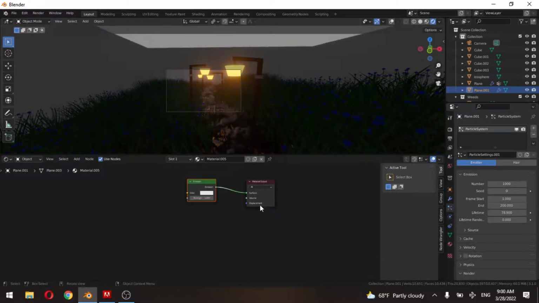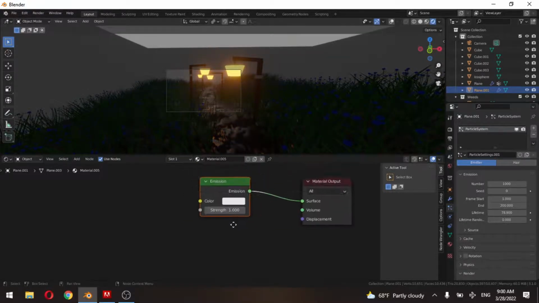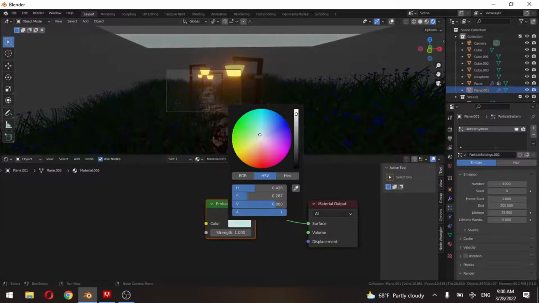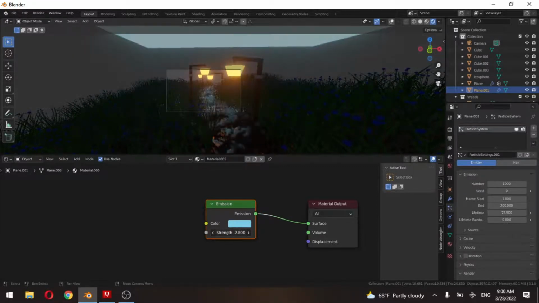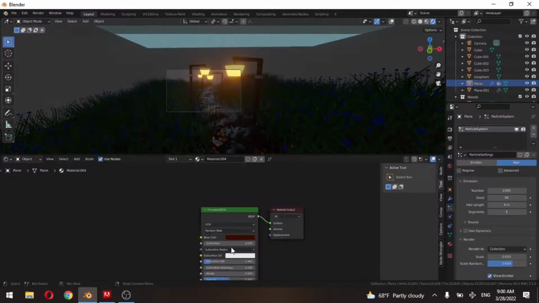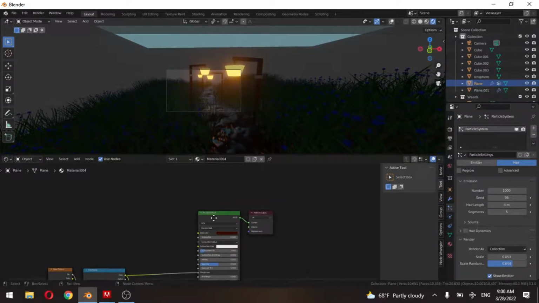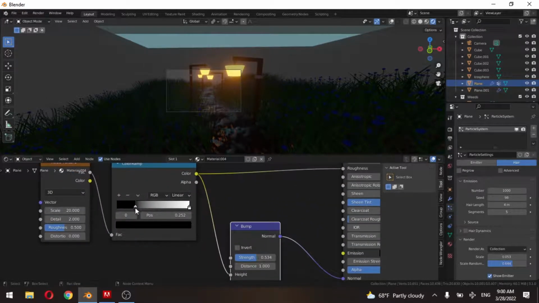Then change the color to something cool, and increase that strength here just a little bit. The roughness is too low, I think, this much, so I will decrease something like this, and now we will have something pretty good. But